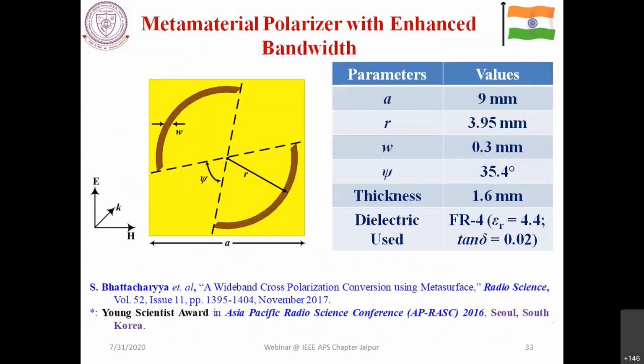Now we had also proposed a reflective type of polarizer. In this case, we have the structure again backed by metal, and when the wave is incident and gets reflected back, whenever you have the electric field along this direction, you are not receiving any power. However, when you rotate the electric field by 90 degrees, you get a substantial amount of power. So this is the concept of the reflective type polarizer.